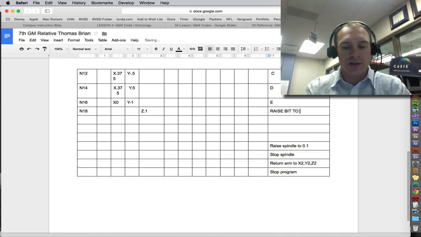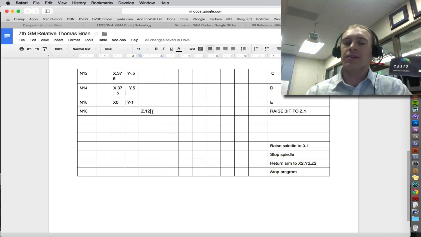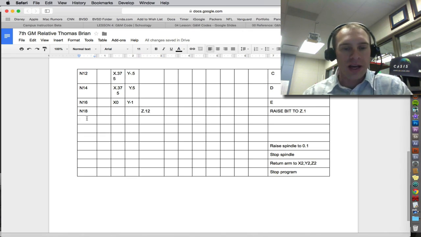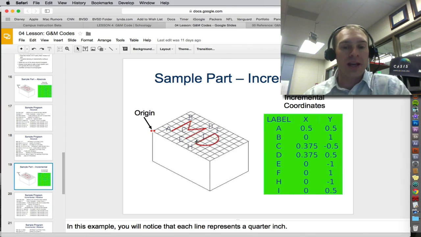Raise bit to Z 0.1, and that's why we have to have 0.12. So if this is confusing to you, call me over and let me explain this, because it's really important that you get this. Then we're going to go N20, we're going to go over to point H, and H actually